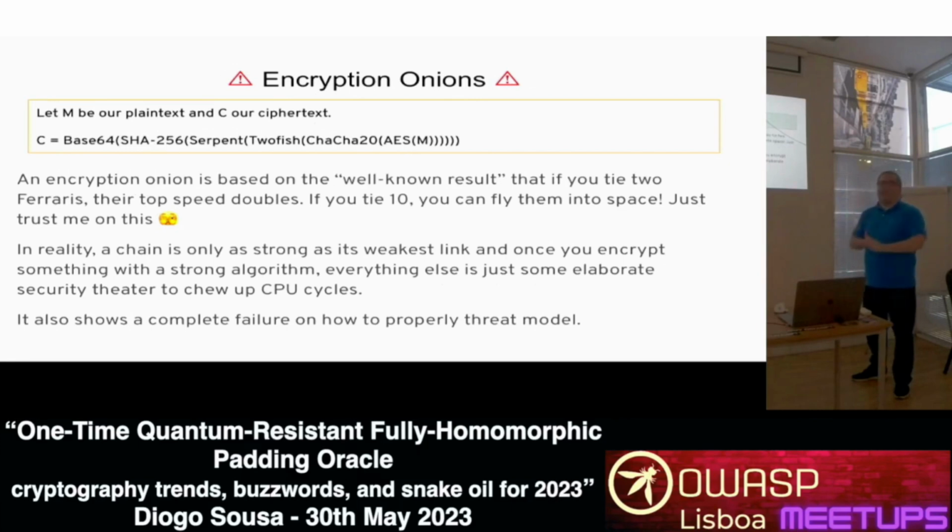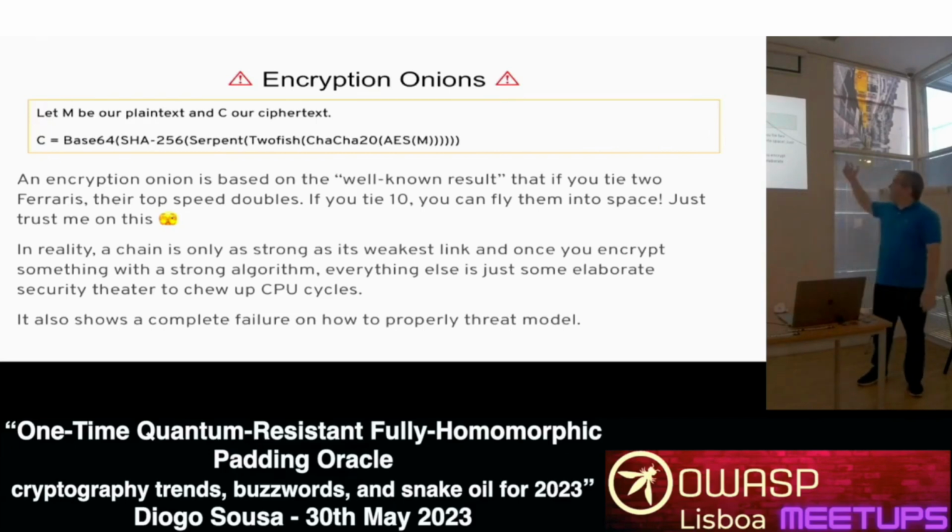those are the things with the algorithms, and then you come to the mechanisms. This is what I like to call the encryption onions. So what's the encryption onion? Let M be our plain text and C our ciphertext. So your ciphertext is the base64 of the SHA-256 of the encryption with Serpent with Twofish with SHA-2 of AES of your message. An encryption onion is based on a well-known result, well, at least for kids,